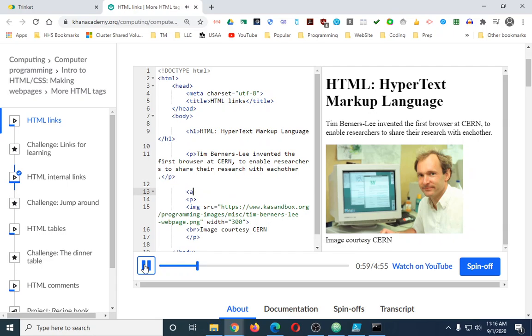Instead, we use the A tag, where the A stands for anchor. All right, right off the bat, what do you notice? It has a closing tag. That's why here's an image tag right below it. This has a closing tag, and this is an important concept that I want you to think over and over